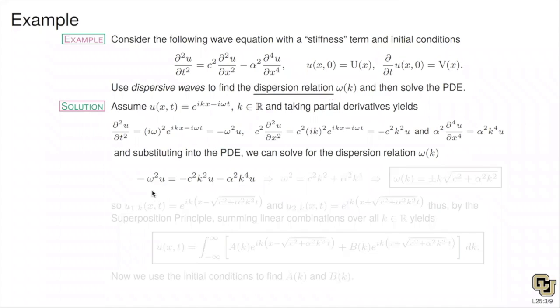Okay, so I want to solve, so I'm going to multiply both sides by the minus sign and cancel the u's. Here, the term u, which is the exponential term, is not 0. It's just the exponential. So cancel the u's and multiply through by a minus sign. So that becomes positive, that becomes positive, that becomes positive. So I have omega squared equals c squared k squared plus alpha squared k to the 4th. And now take the square root of both sides. I get omega of k is plus or minus